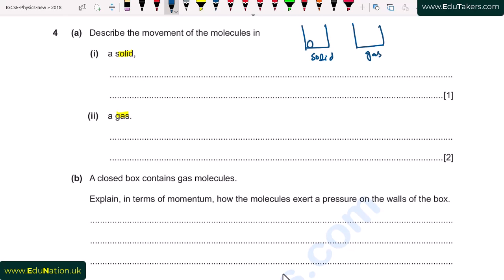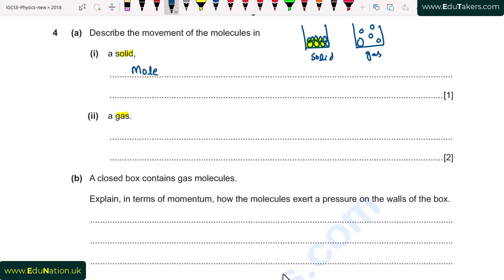So the molecules of solid are very close to each other and there is no spacing between their molecules, while the gas molecules are very distant apart from each other and there is a large amount of spacing between the gas molecules. Here we can see that the molecules of solid are tightly packed, so they just vibrate about the fixed position. I write here